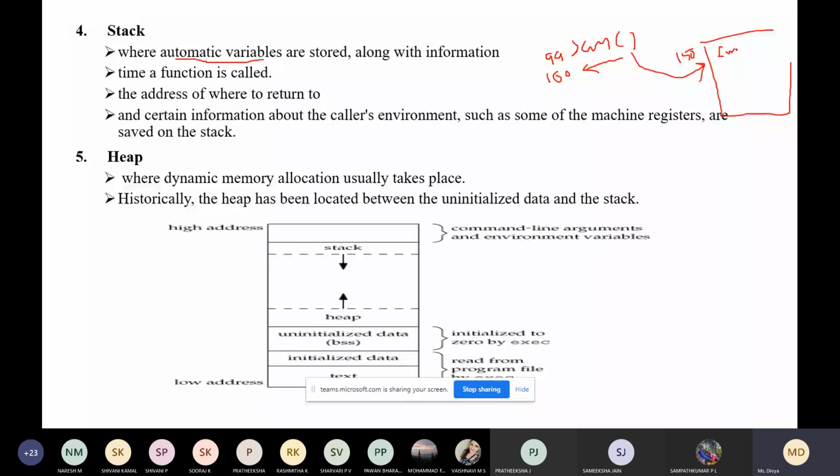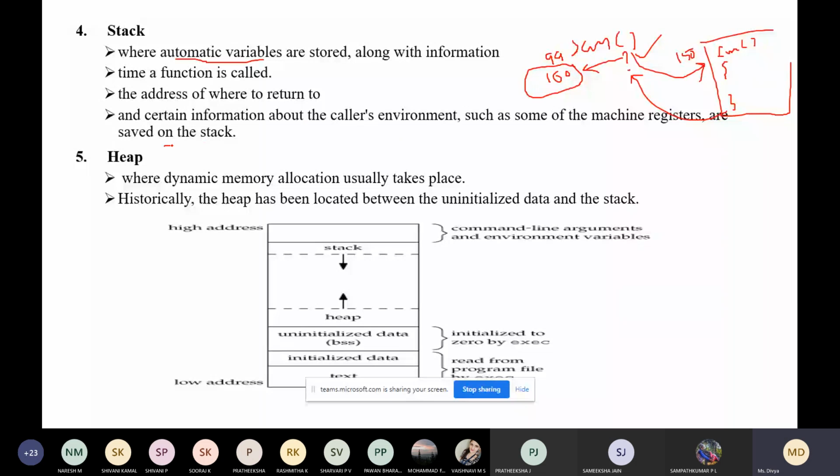Each time the function is called, where to return after executing it? What is the address of this line? All this information will be saved on the stack.